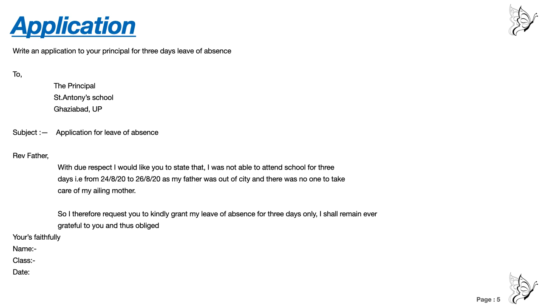You see a 2, then comma, then come to the next paragraph, keep a space there. You see 2, and then we have space, to the principal, St. Anthony School, Ghaziabad, UP. Understood? Then we have the subject straight below 2. Below 2 straight you are going to write the subject, and St. Anthony School, Ghaziabad. In this line you are going to write application for leave of absence. You have to follow that pattern and line. You have to write in this way.